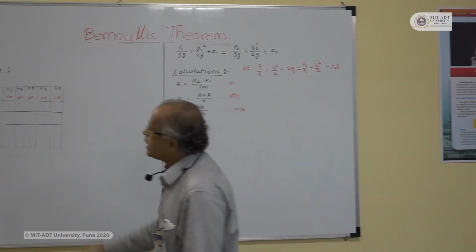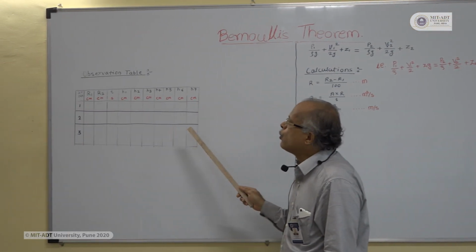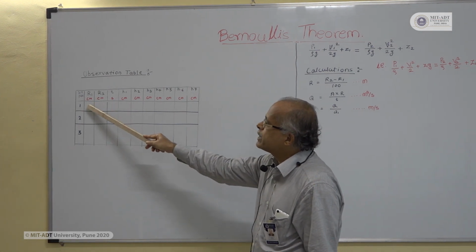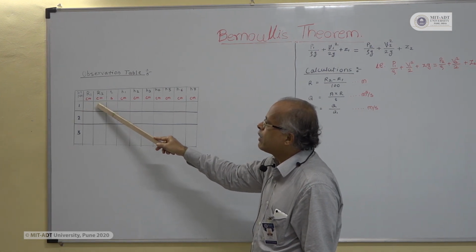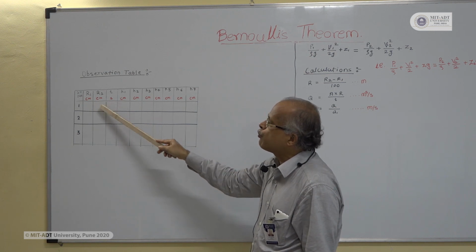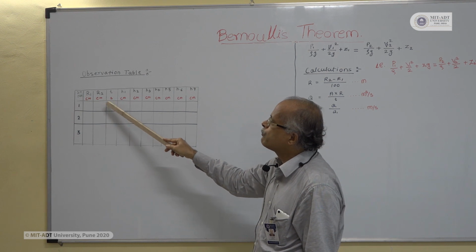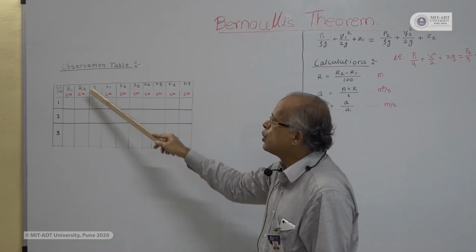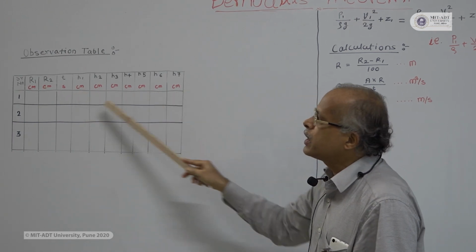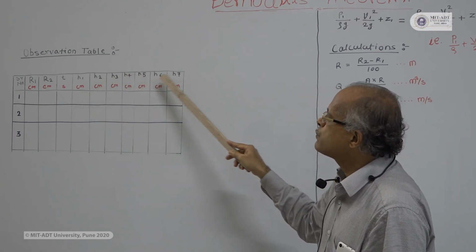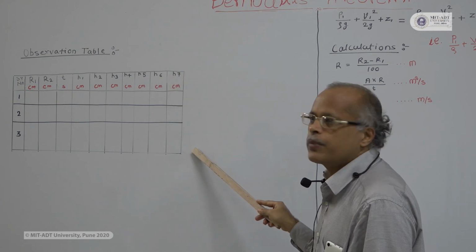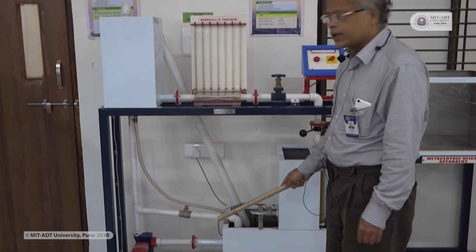This is the observation table. We are controlling the flow. Therefore, as the flow changes, for R1 and R2, one level is kept fixed and the other level we can measure, along with the time required. So, we can control flow and read various values of these levels and time, and correspondingly all the piezometer readings. H1, H2, H3, H4, H5, H6 and H7 are piezometer readings. They are indicating pressure head.